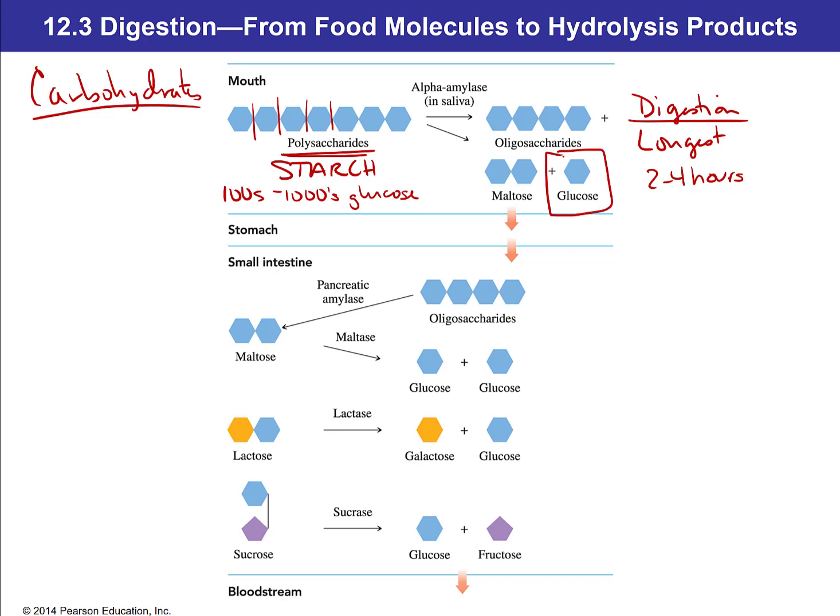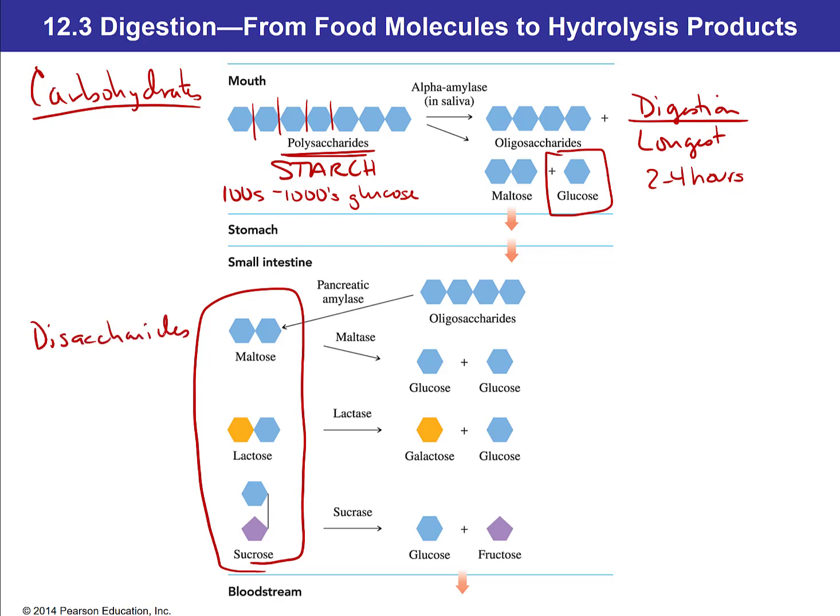But these, what are these ones? They're disaccharides. Disaccharides are part of the simple sugars, but even disaccharides are too big to be absorbed. So you look at them, you're like, well, there's only 2 sugars, but that's actually too big. You have to break them down into single sugars. But how many links do you have to break? 2. Well, really just 1. You just got to break that disaccharide in half so that you end up with 2 little sugars. So only 1 bond